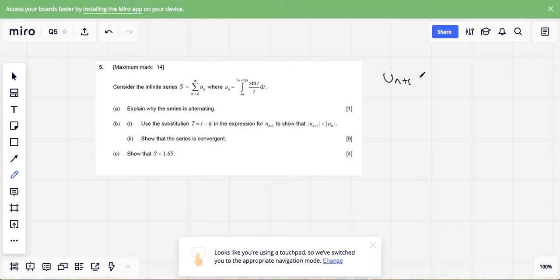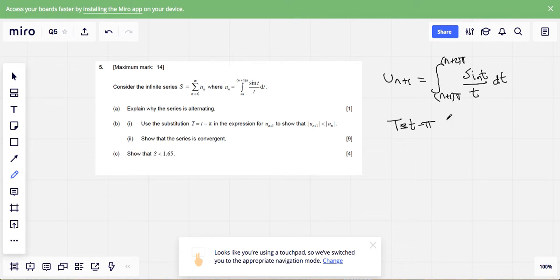n plus 1. Okay, now if I look at the value of un, then the limits will go up by 1. So n plus 2 rather, pi, n plus 1 pi. But it's still sine t over t dt. Okay, so the plan is to replace this with